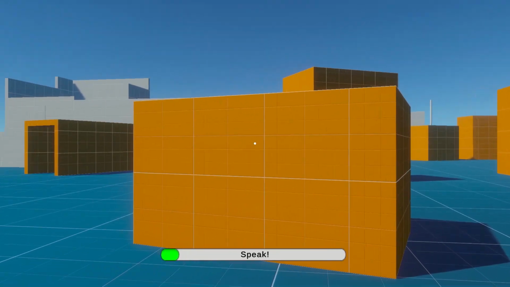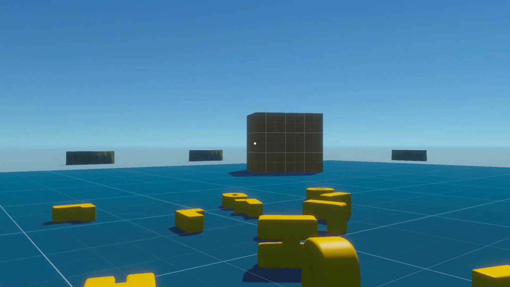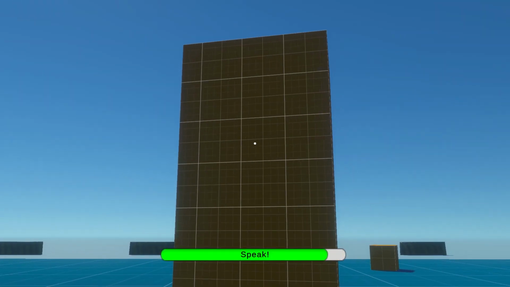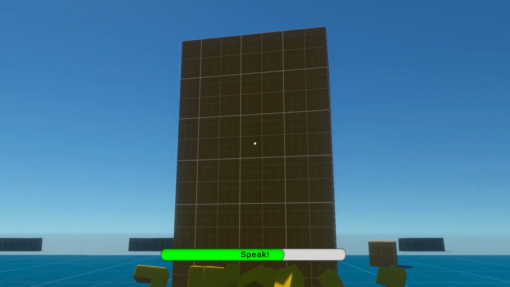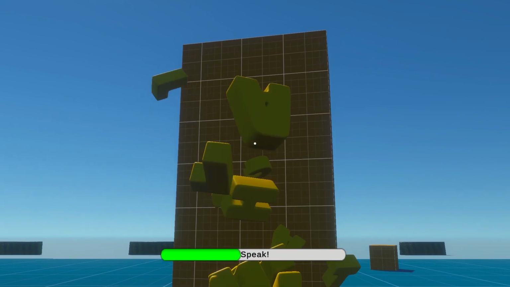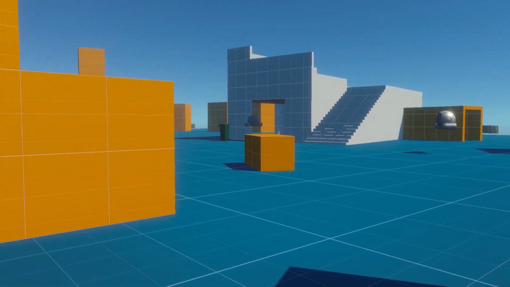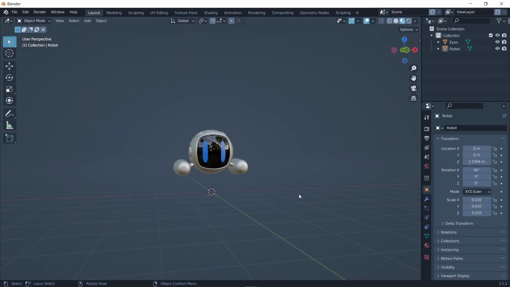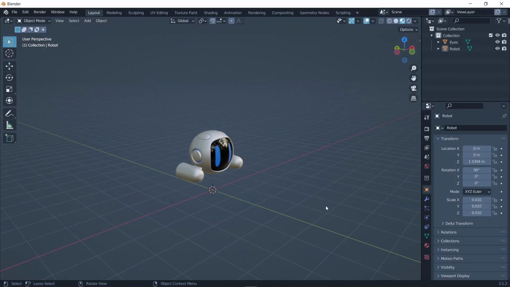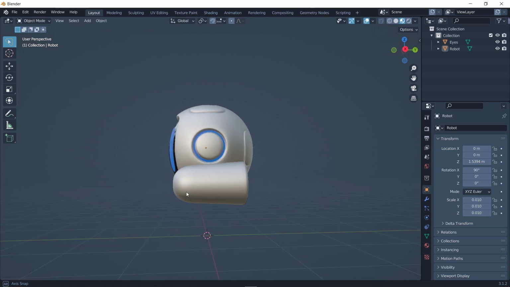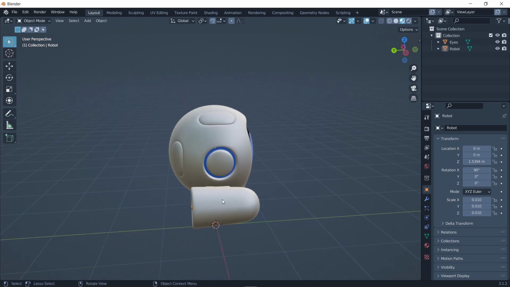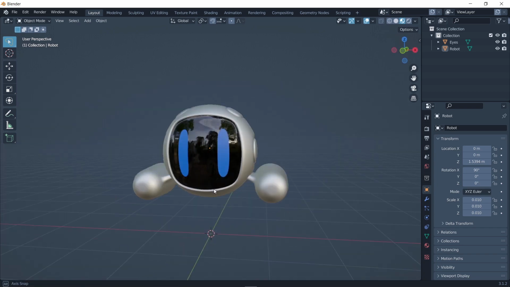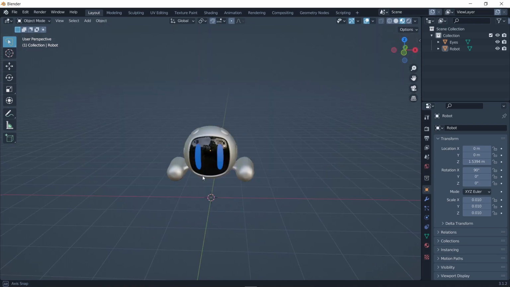I was pretty satisfied with how things were at this moment, but I still felt like something was missing. What's the point in simply shouting words at the sky, ground and walls? So I thought I'd add some simple enemies as well. For the enemy visual, I used this floating robot model from Sketchfab. I chose this because I didn't want to animate anything, and since it's floating, I can just rotate it through code and it will look just fine.